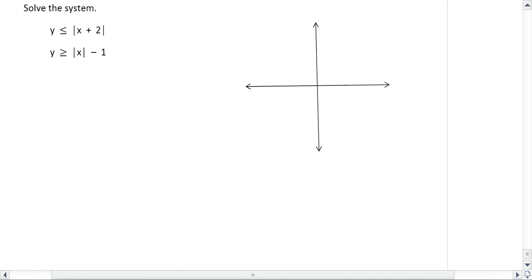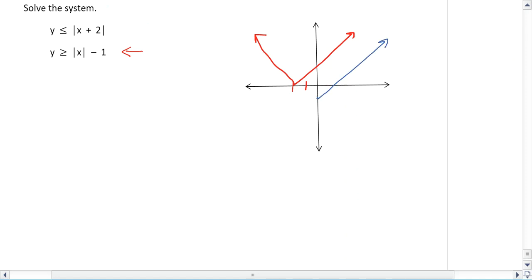All right, this last example, once again, graph it, see where the shaded areas overlap. And yay, these are both solved for y, so there's nothing to do but graph it. And this first absolute value equation would graph, the vertex would move over here to 2, and it is less than or equal, so these are solid lines, and everything is shaded below that. So I'm just going to kind of picture that. This second absolute value is moved down 1, and so the vertex should be down here at -1,